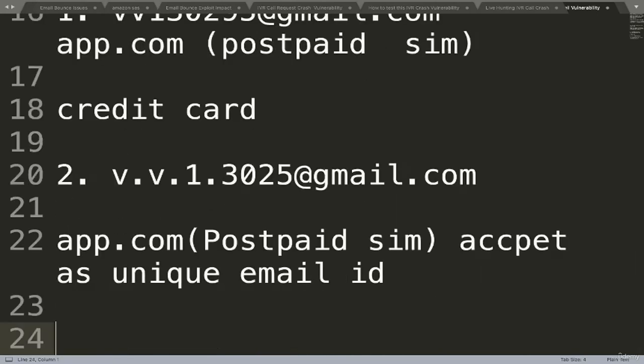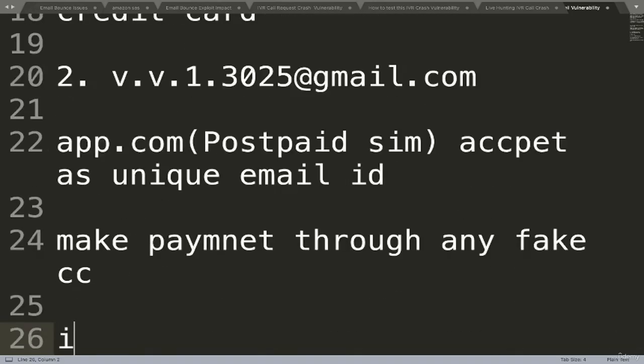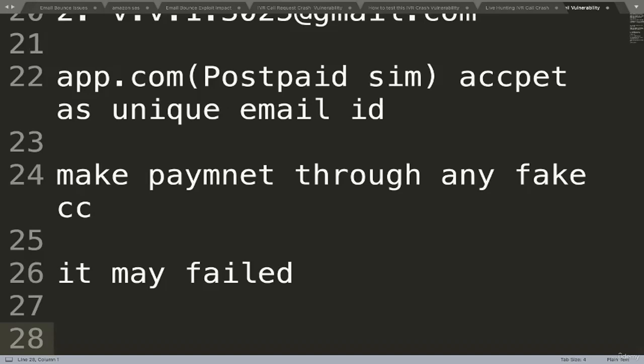Now what I will do, I'll try to make payment. Let's say make payment through any fake CC. Obviously it may fail, and the mail will be delivered for repayment. Okay, mail will be delivered for repayment to